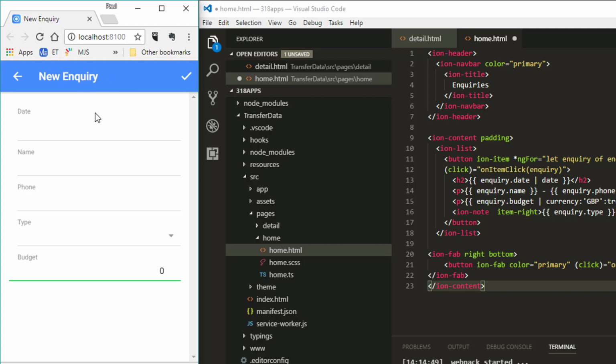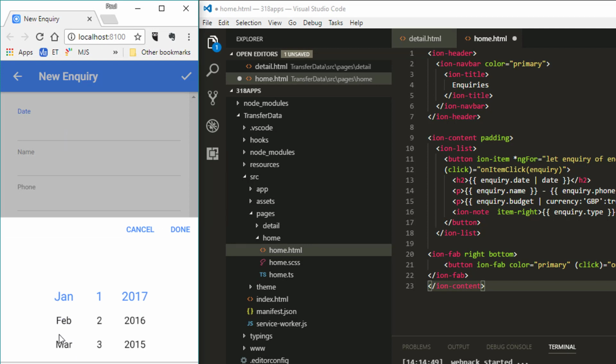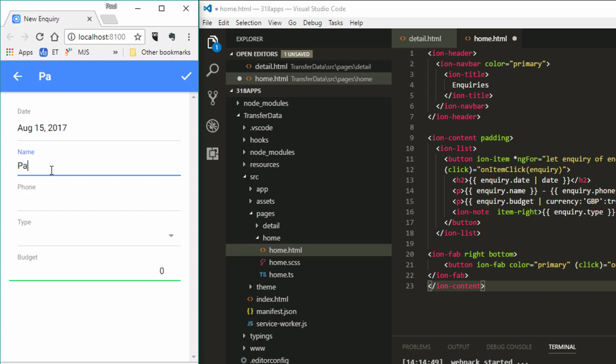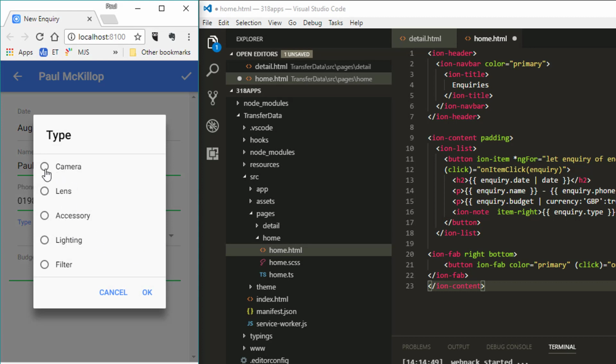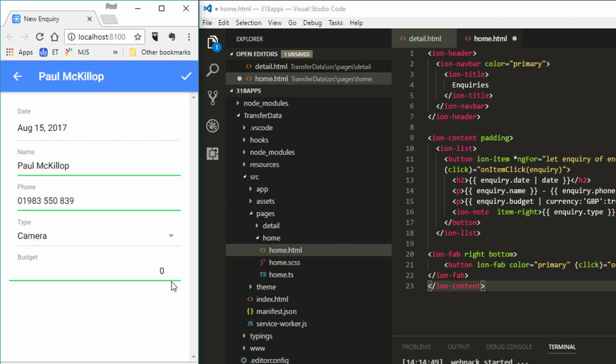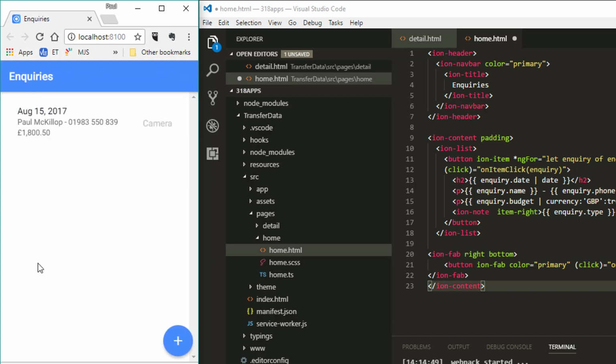Now, I'll show you in a minute, it'd probably be better. We've got a calendar picker, and this mimics the finger swipe that we've got when we're making applications. So August the 15th, done. My name is Paul. I'm going to be buying a camera, and this is an options thing where people can inquire about cameras, and my budget for this camera is £1,800 and 50 pence. So I add this and it goes back to the list on the home page, and my